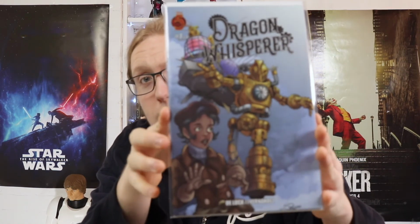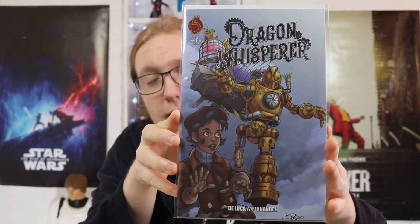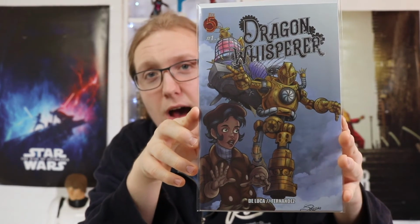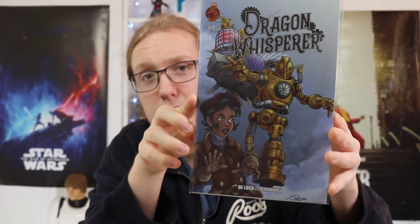Moving forward to the last 2 comics here, there is this one. Ooh, okay. I definitely don't recognize this cover. It looks like an indie comic though, to be 100% honest, so that's sort of exciting. Yeah, let's sort of take a look. So, this is a Dragon Whisperer issue number 1 of 4, priced at $3.95 US. This is a part of the Red5 comics and everything, so this is pretty indie to say the least,